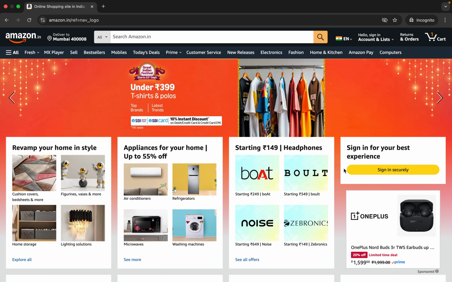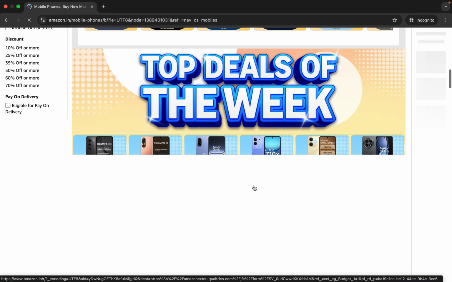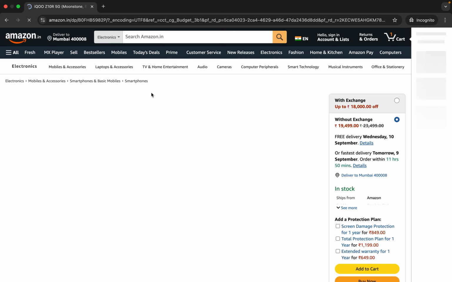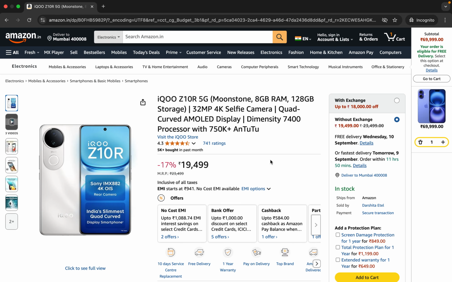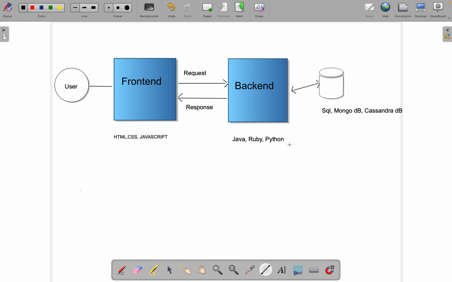So now the information that I see on this particular website, it has to come from somewhere, right? This mobile, what is the cost of the mobile, the reviews. The information that I see on the front end comes from the back end. Okay, so to look at it in a very simple manner, as a user, I am looking at the front end,